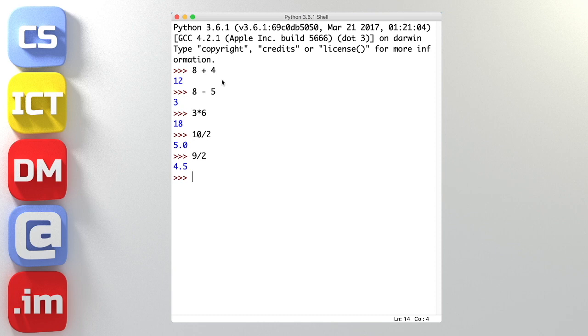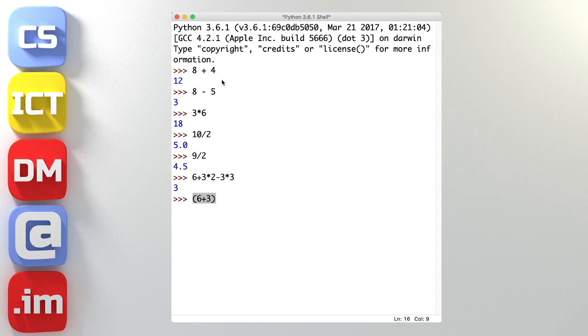So we can get Python just to do simple maths by typing in our expression, the actual calculation that we want it to do, and we can put in longer expressions. We could go something like 6 plus 3 times 2 take 3 times 3, and it gives us the answer 3. Normal maths rules apply, so we could change the answer to that by using our brackets and things like that, and it would follow the order of priority that we get from